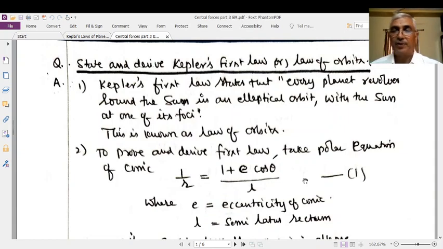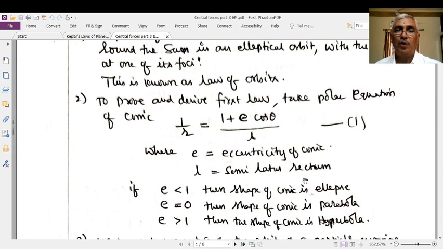Right. Ellipse comes under the category of conic, a shape which is known as the cone. The conic shape is further divided into three different shapes. One is ellipse, the other one is parabola, the third one is hyperbola. Therefore, ellipse, parabola, hyperbola, all three shapes come under the category of conic shape. Right. What is our target, our aim, our task here? We have to prove that the path followed by every planet is an ellipse. Okay, we have to prove it.